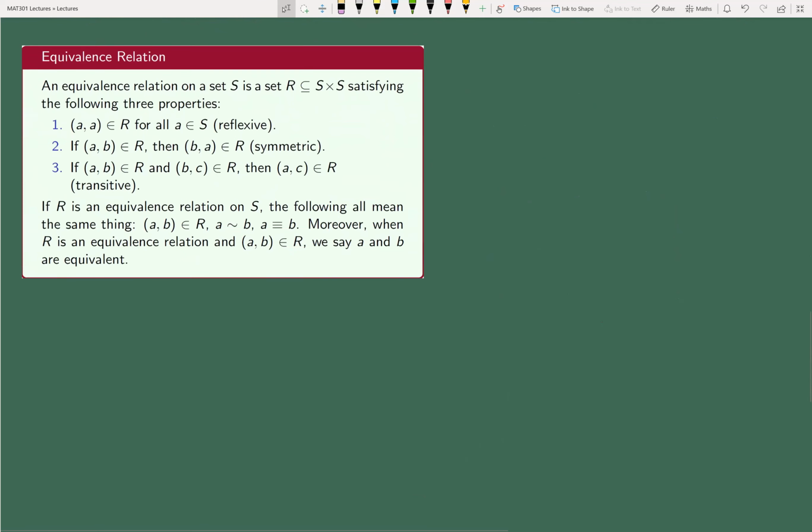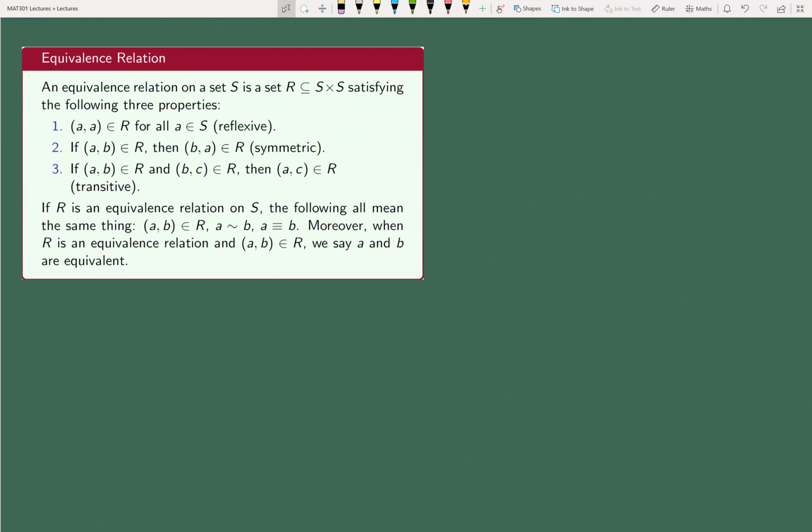Okay, so equivalence relation, that's a 102 thing for sure, right? We talk about relations, we talk about equivalence relations, and in particular, how equivalence relations partition sets, and these things in 102. Now, I can't emphasize enough that this might be the first class that you've taken where this stuff is going to be crazy important. There is a reason why we're reviewing this.